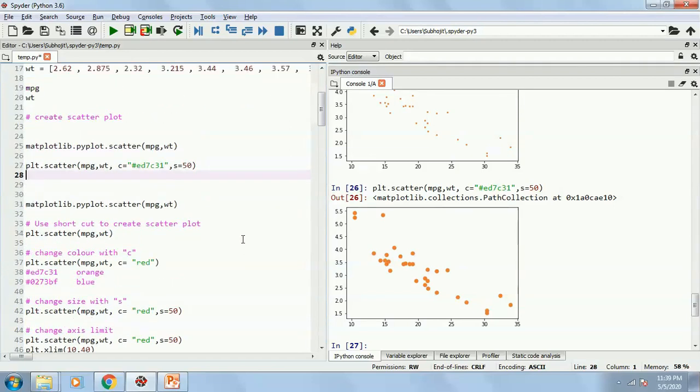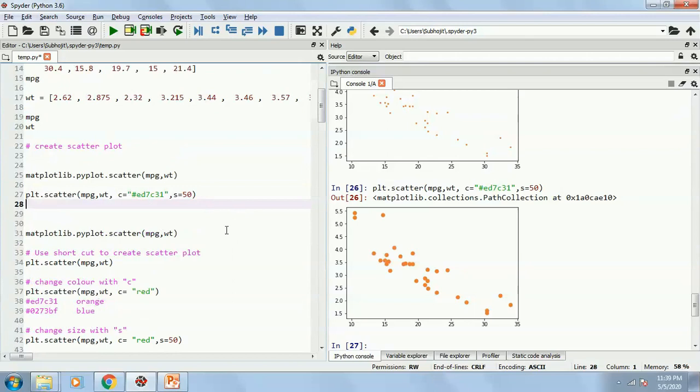Now you can see, I can change the limit. Presently it is starting from 10 till 35. What if I want to show it from 0? Okay, so how can I do that? Just by adding